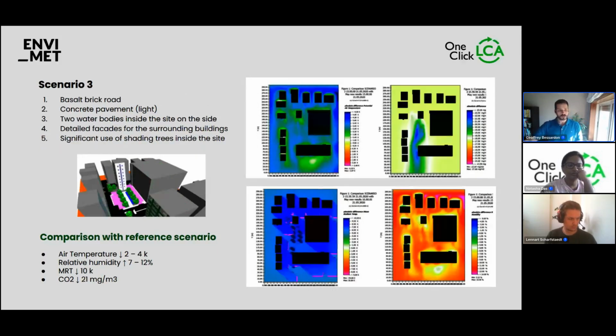Next slide, please. In the third scenario, we tried a basalt brick road, concrete pavement, but this time with a light color. We added some water body on the side, and significant use of shading trees inside the site. So you could see a drop of 2 to 4 Kelvin, an increase in relative humidity, a drop in mean radiant temperature, but a bit less than the other solutions, and also purifying the air by 21 milligrams